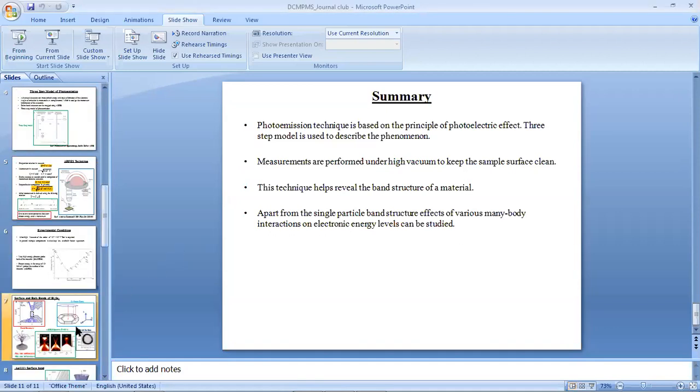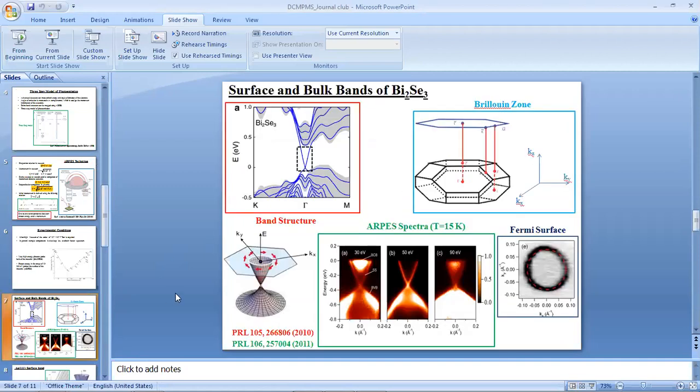You can see it from here. Although to say whether a material is a topological insulator or not, you have to do the band structure calculation. Without theoretical calculation, it cannot be said. But one thing you can see from here: the property of a topological insulator is that it is an insulator in the bulk. So basically there would be a band gap in the bulk band structure, and that you can see.